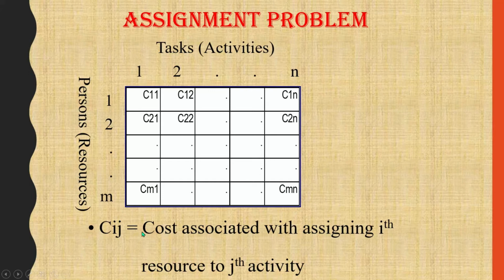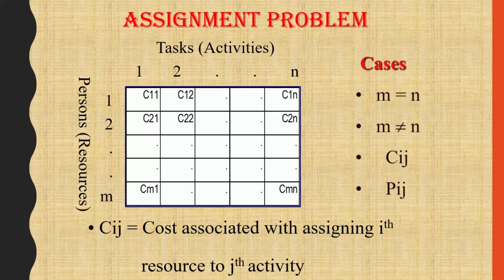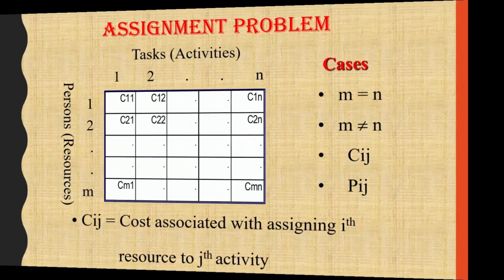Here the Cij is a cost associated with assigning ith resource to jth activity, and there are some cases like m is equal to n, m is not equal to n, Cij and Pij. So this is the basic terminology, or we can say basic introduction of the assignment problem. Let's see